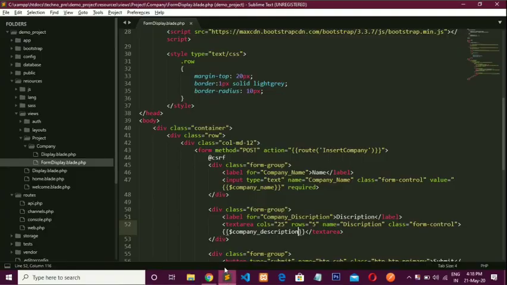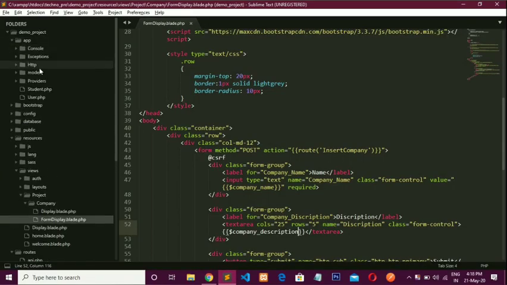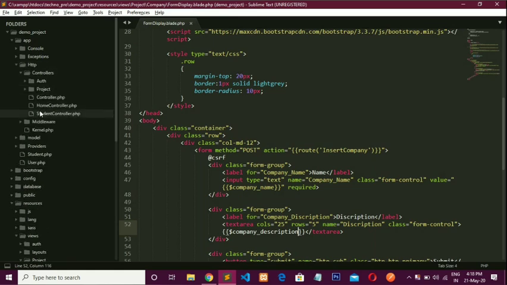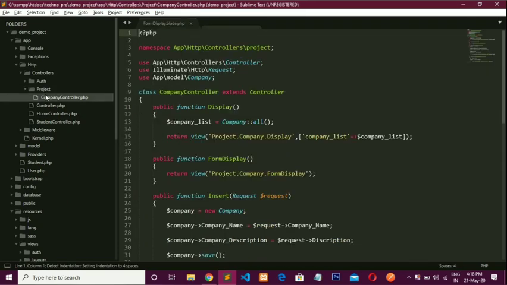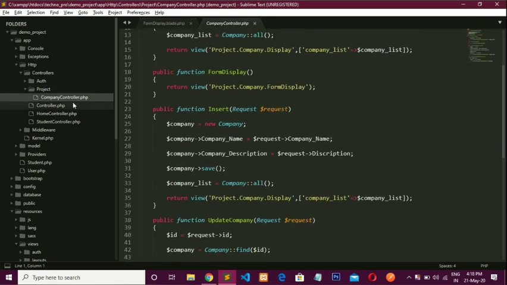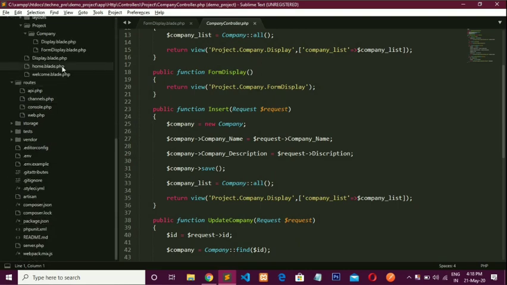Now go to the controller, app http controllers, project company controller, and here you have to write the routes first.